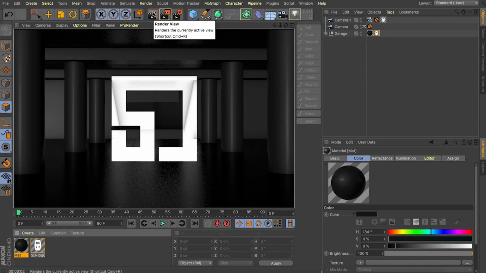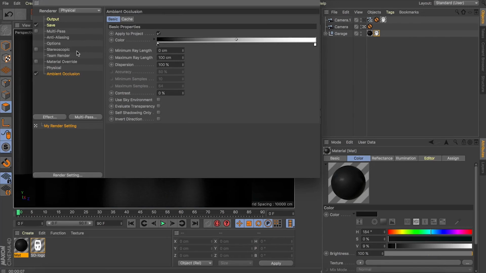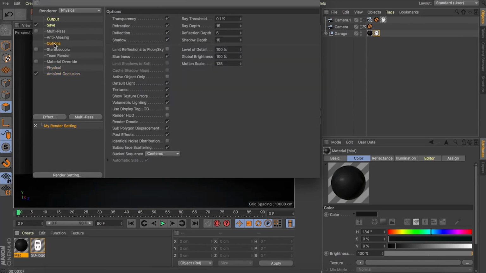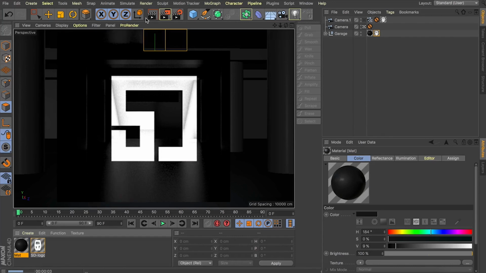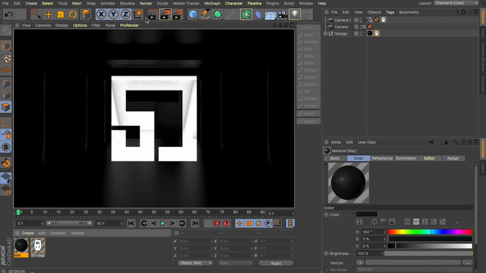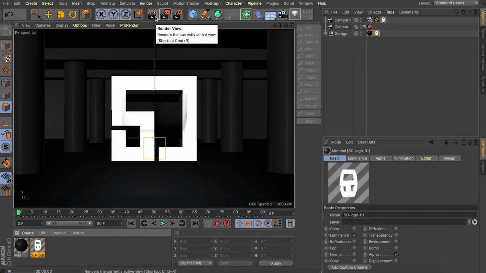Okay, we're still getting a very flat looking scene, and I think if we jump over into the physical renderer, just doing that might help us a little bit. What you might have noticed then is I've just turned off that default light because that was giving us some real funky looking geometry here, whereas I kind of want our logo to almost be our light source. We can come in here and tell it to be an area light as well, and if we hit render again,